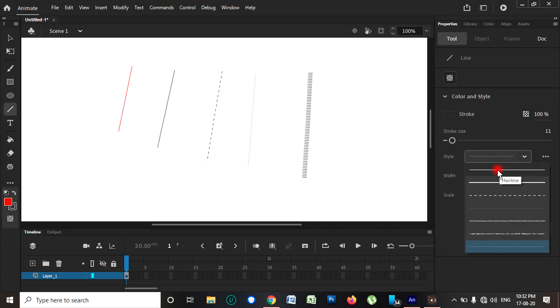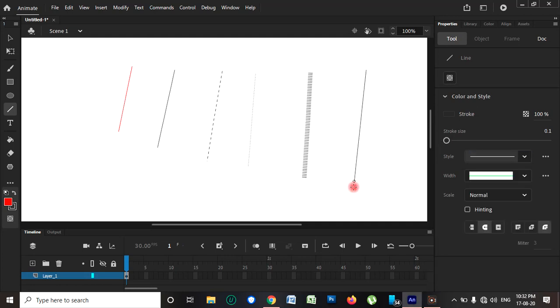This is the stroke. If you want to draw a width-wise dotted line or dash line, we can change all these properties from this Properties option.